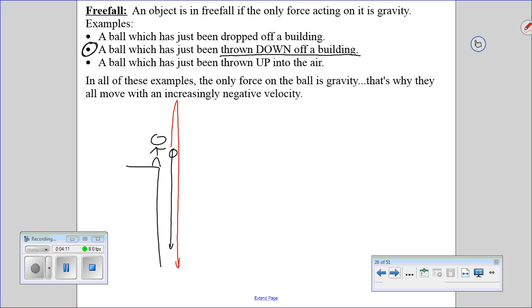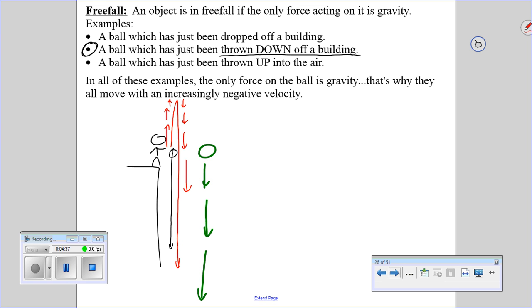So in all of those examples, the only force acting on the ball is gravity. And that's why their velocity becomes more and more negative. In other words, in the first example, the velocity began at 0, and then it moved down faster and faster and faster, so the velocity got more negative. If you throw something down, the same thing is true, that it speeds up how quickly it's going down. In the last example, when we threw it up, the velocity began positive, got less positive, and then became more